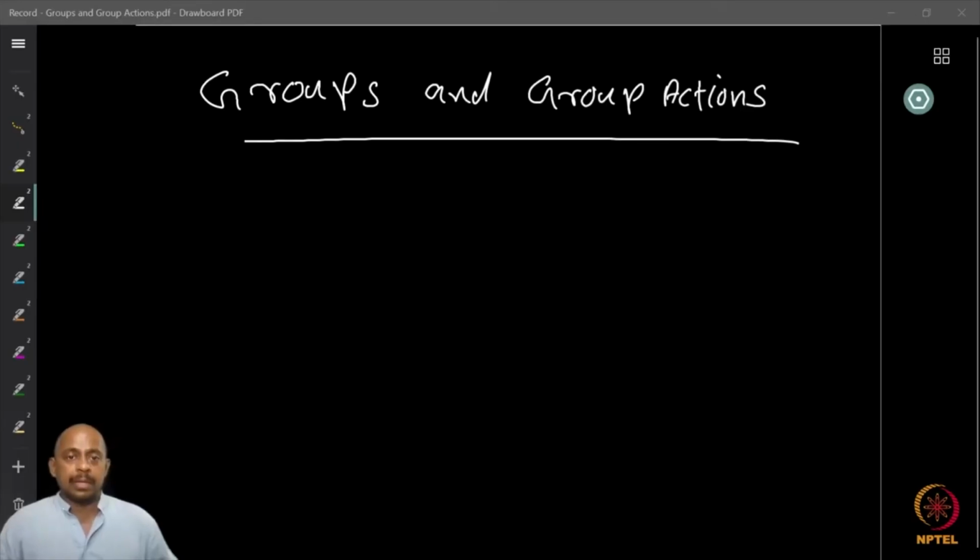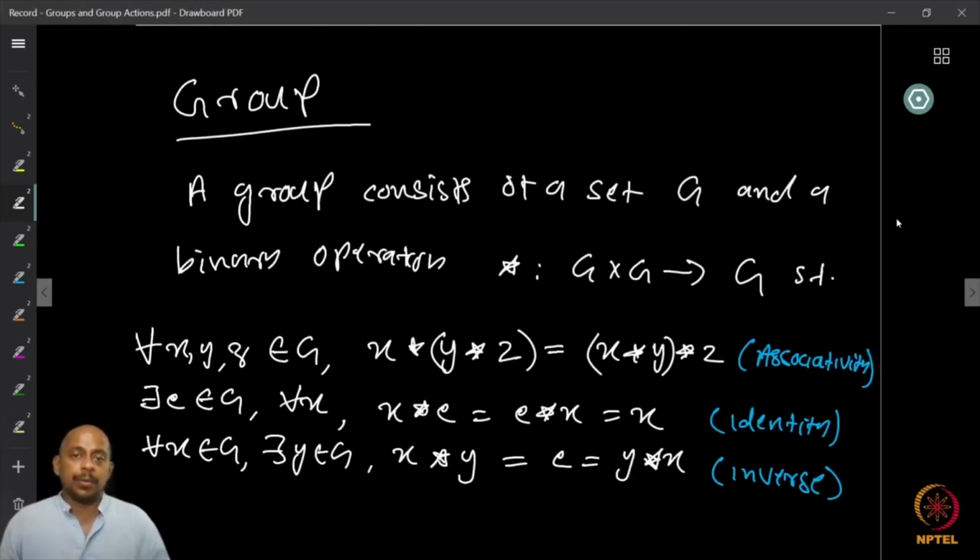Now I will give a very short introduction to groups and group actions, which we will need when we are discussing Polya's theory of counting. Most of you must be familiar with groups. In case not, here is a very short introduction about it. So a group is basically a set with a binary operation like addition or multiplication,